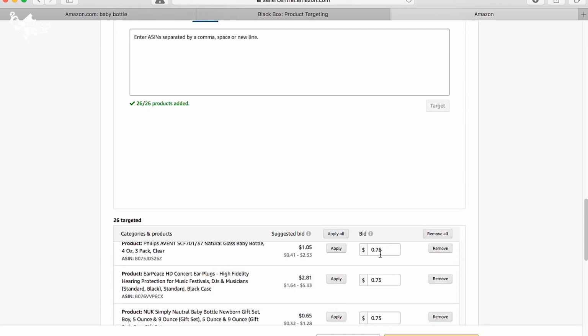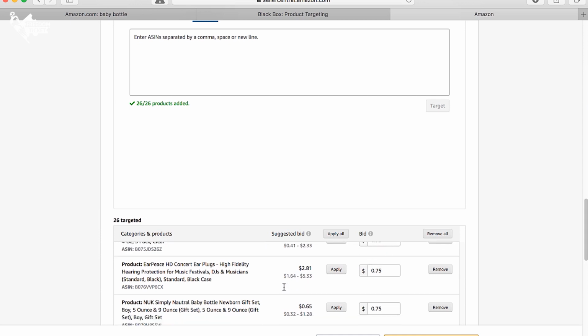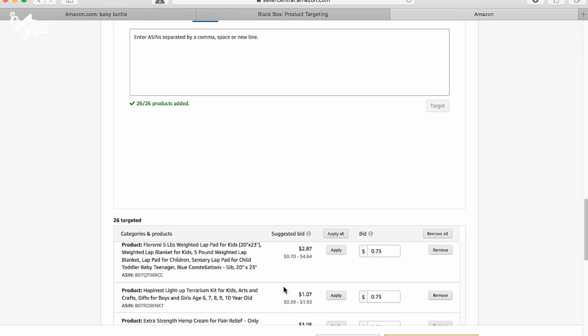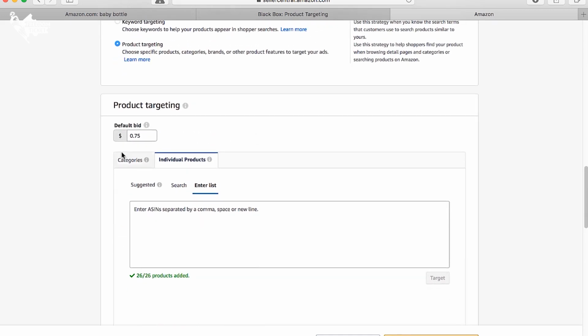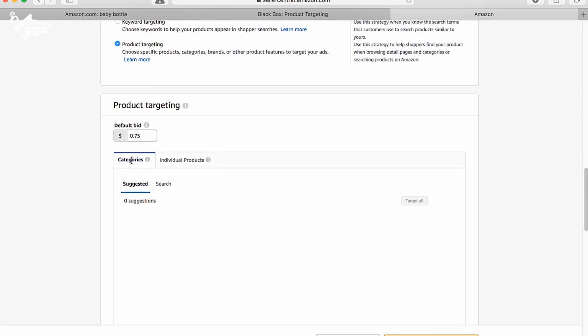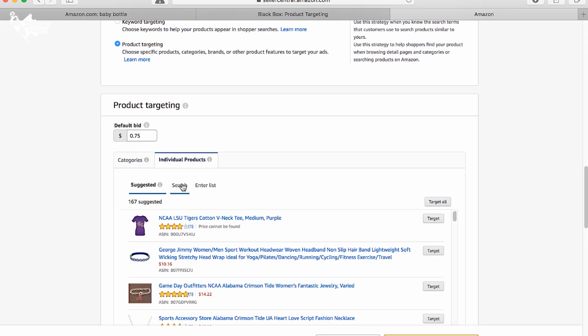You can adjust the bids on them individually if you want to, remove the ones you don't want to have in there, and that's basically all you have to do, and then you just launch the campaign. It's very, very simple. So Amazon, like I said, will also let you target by category right here. You can actually target categories, individual products. When you're doing individual products, I prefer to choose my own list, but Amazon will give you some recommendations here,